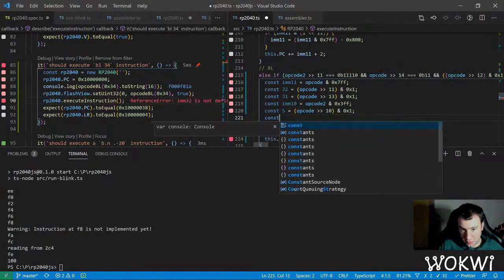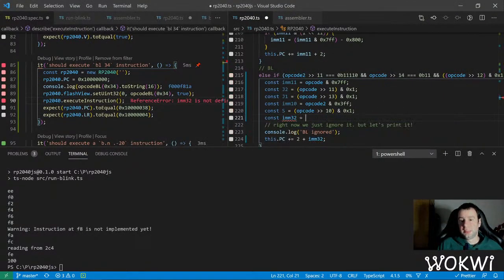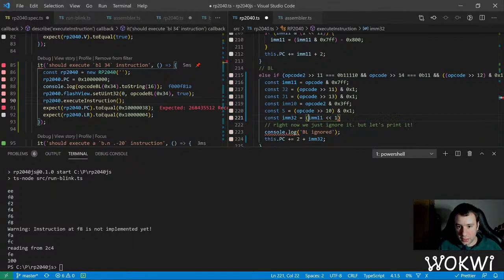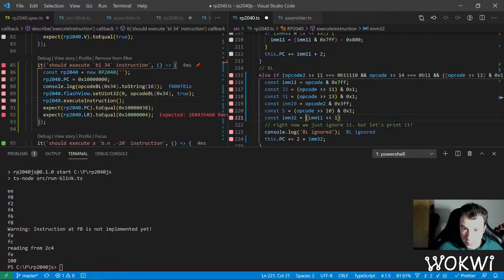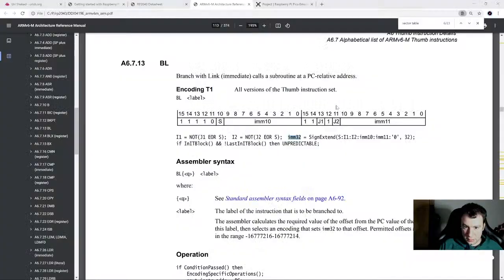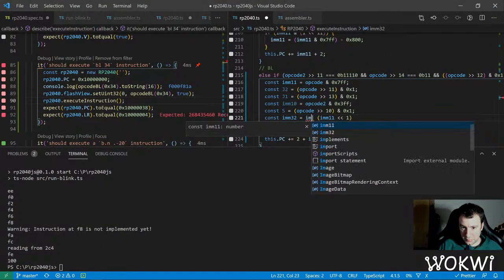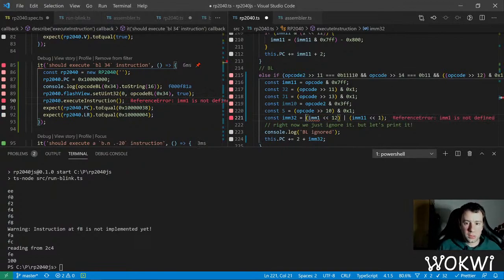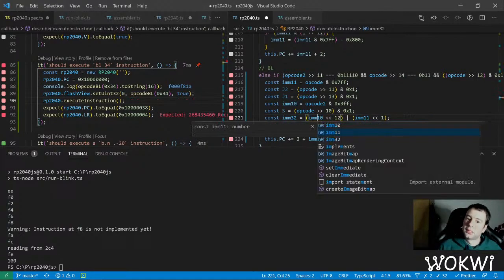And IMM32 is, let's see, so that's IMM11 shifted left by 1, and then the next is IMM10 shifted by 12, so 11 plus 1. And then we also need to do,